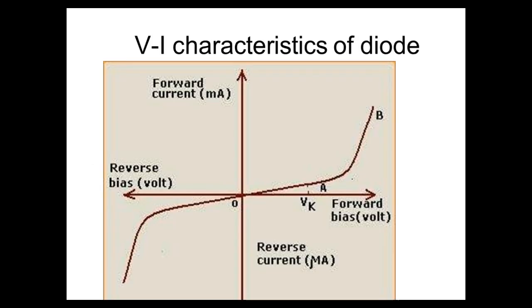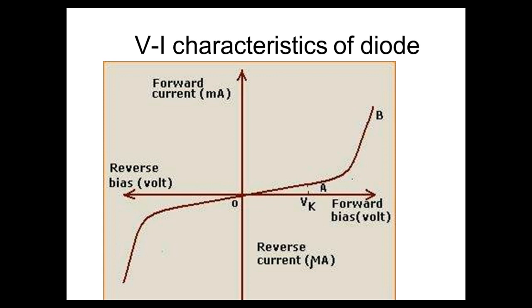Fine. So far we have discussed the basics of the p-n junction diode, the formation of the depletion region, and biasing, forward bias and reverse bias, and how they work. As the next topic, we will be seeing the VI characteristics of a diode. VI, as usual, is voltage and current. V represents voltage and I represents current. V is represented on the x-axis and I is represented on the y-axis.